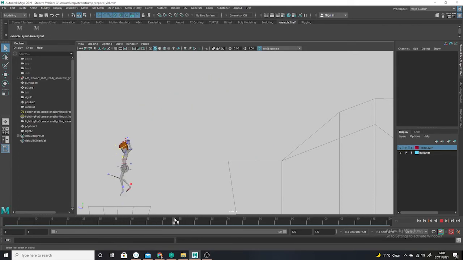Obviously there are different types of jump. Another thing to remember that's important in a jump is when the character is landing, don't have the character landing with very bent legs. That will look strange, and it would also injure you if you were to land with very bent legs. So the legs will probably be somewhat outstretched, maybe a little bit bent, but they certainly won't be